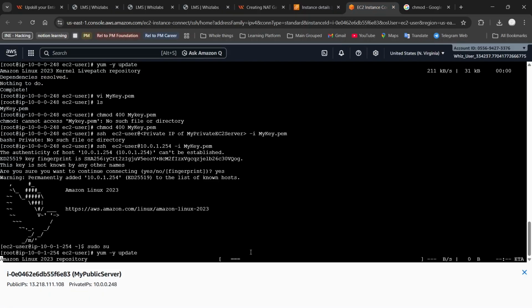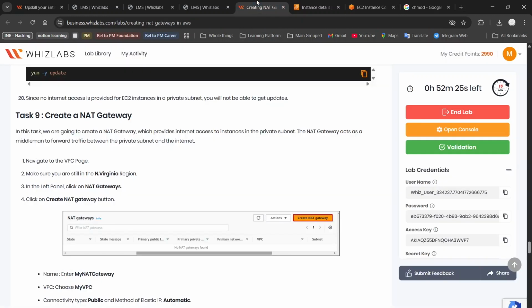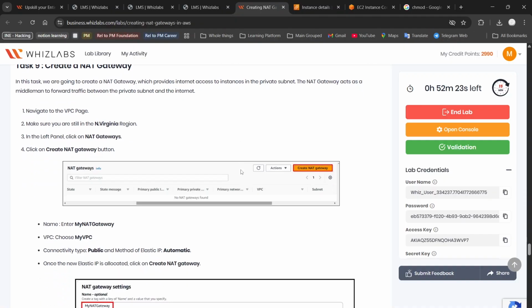So as you see, I've executed this command, but I don't have access to the internet on my private EC2 server. Basically, there is no internet provision to my private EC2 server. That's why I'm not able to get any kind of command updates here. Okay, just cancel it and then move towards